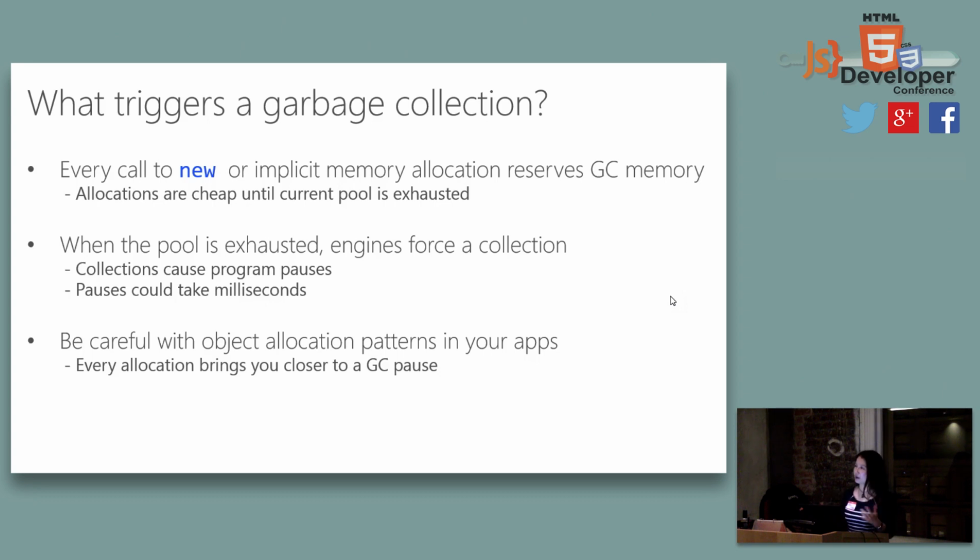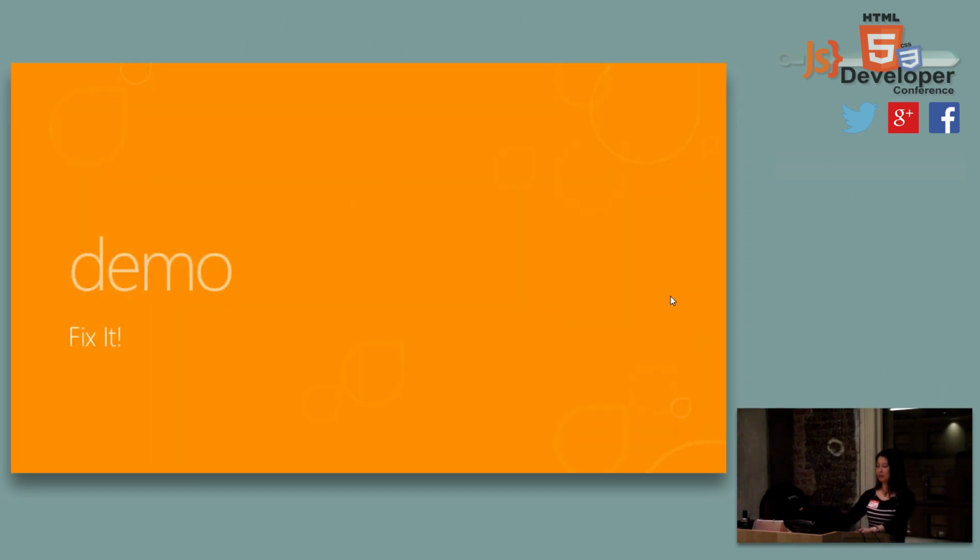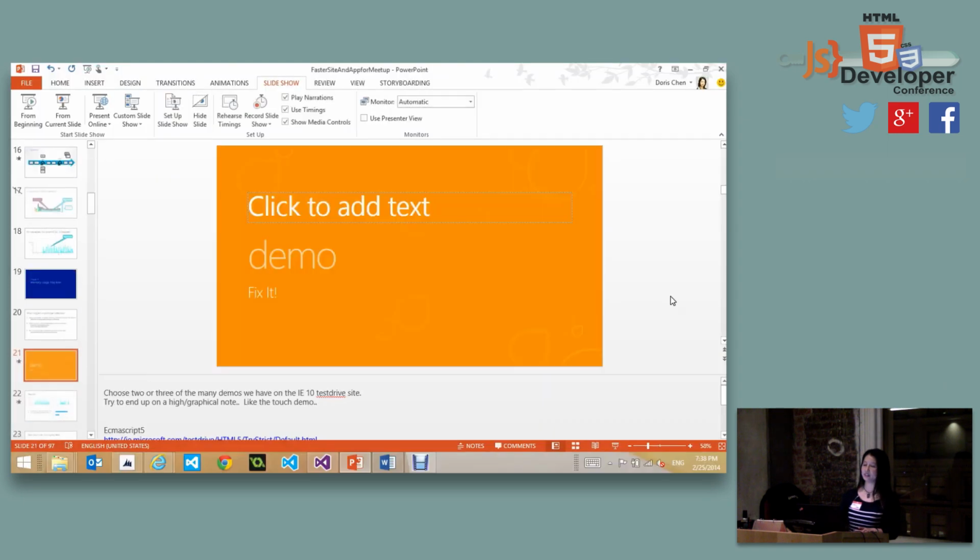And do you know every pause, every cleanup, takes milliseconds? So if you create a lot of objects and maybe unnecessary allocation, you're going to cause garbage collection to happen a lot. Hence, it's going to cause a lot of pauses in your game or in your app, right? This is not something you want. So first, let's look into how we could actually fix it.